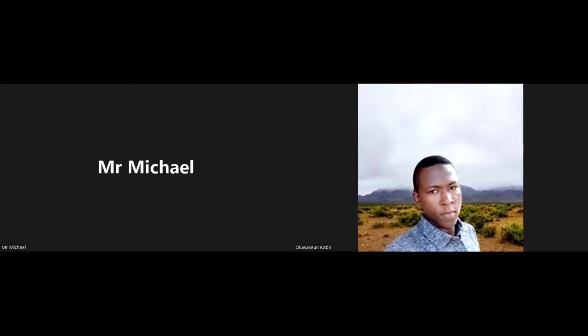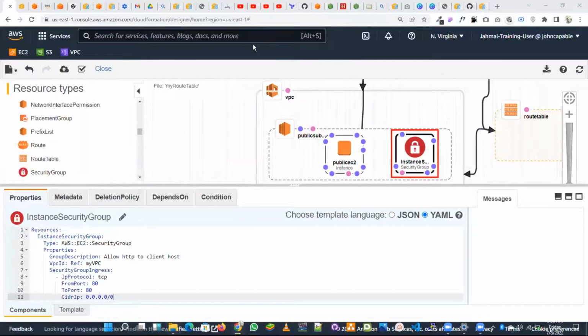Instance is the same thing. One, two. AWS one, two. Okay, okay, so now,